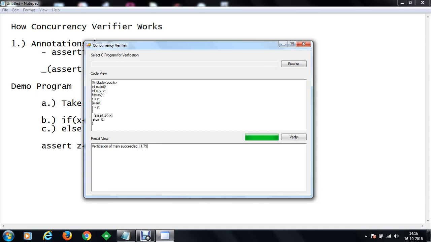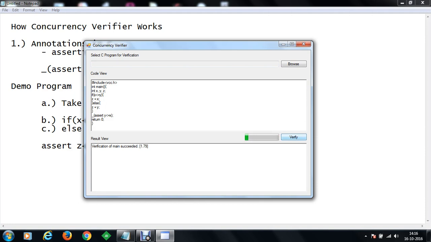Now, in case we want to do a false test, let's try that. Let's say I want to say that y will always be lower than x, and we are going to verify that. Let's see how our program will say that this condition is not valid depending on the inputs provided or the concurrency thread execution.